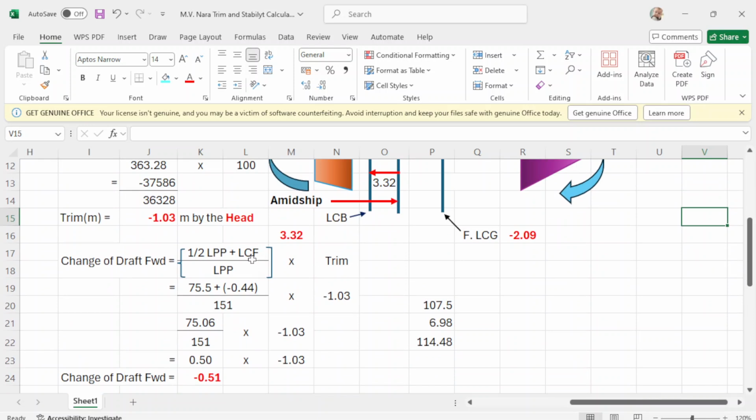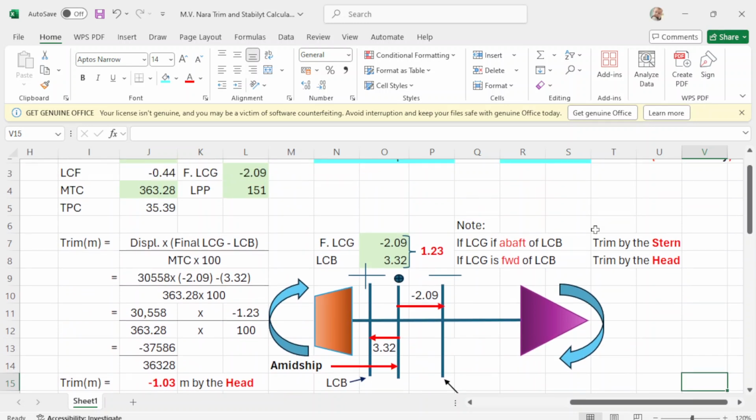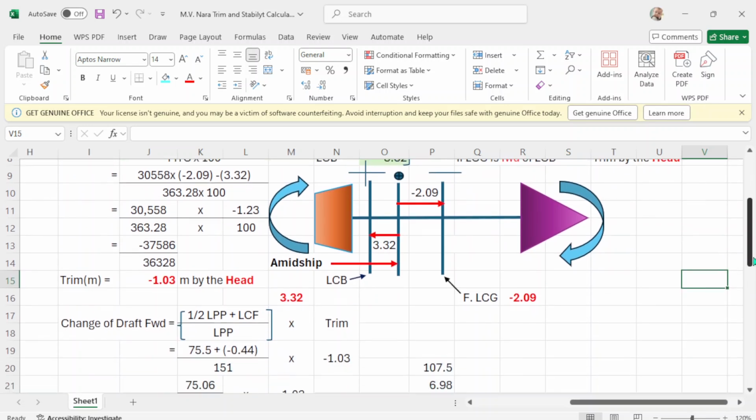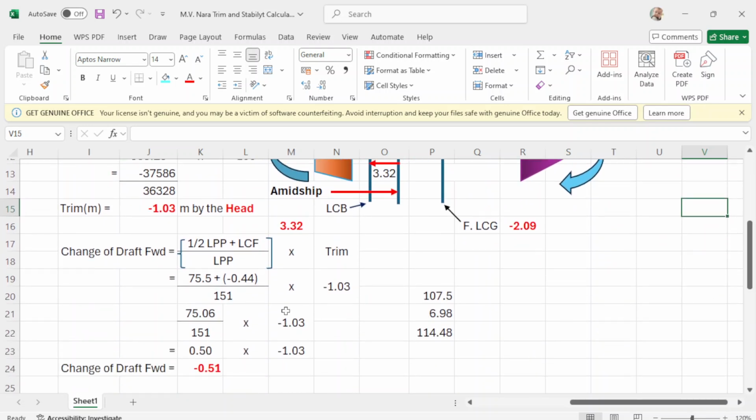And the LCF is, how much? LCF is negative 0.44. So negative 0.44. Negative 0.44, and your LPP is 151, 1/2 of 151 is 75.5, okay? So, take note of the formula, 1/2 LPP plus LCF. So, 75.5 plus negative 0.44 over LPP 151 times your trim, which is negative 1.03,